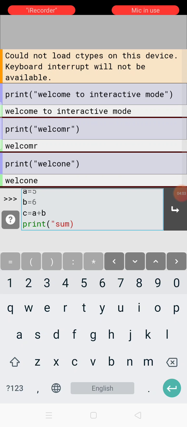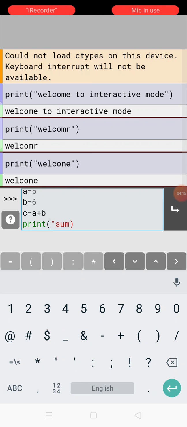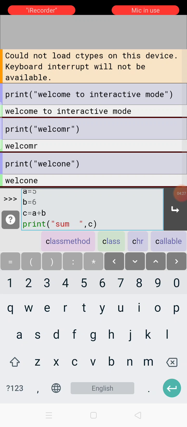If you want to give any string, you have to give it under the double quotes. Whatever you give under the double quotes, it will display as it is. If you make some mistakes, it also displays the same mistakes over here. After completing sum equal to, I want to display the value of c, so I have to give a comma and then c.